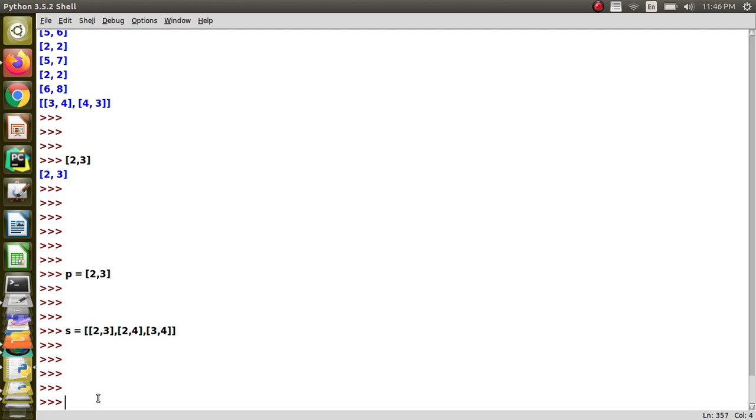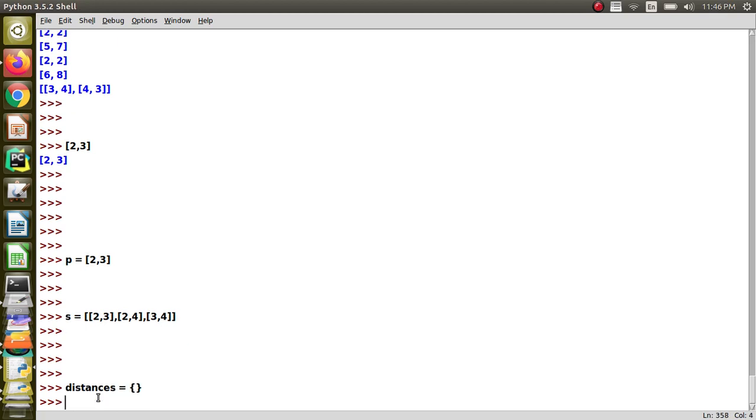And one more concept that is going to be used in solving this problem is, I am going to maintain a dictionary, and let us call that dictionary distances, and initially it is going to be empty. And what we are going to do is, if I have determined that one of the points is having a distance of 2, then I will say the distance is going to be the key in the dictionary, and the value is going to be again a list of points, because more than one point can have the same distance. Please understand this point. More than one point can have the same distance.